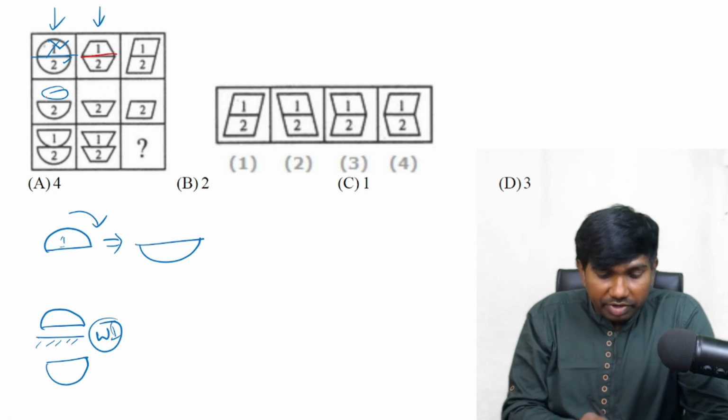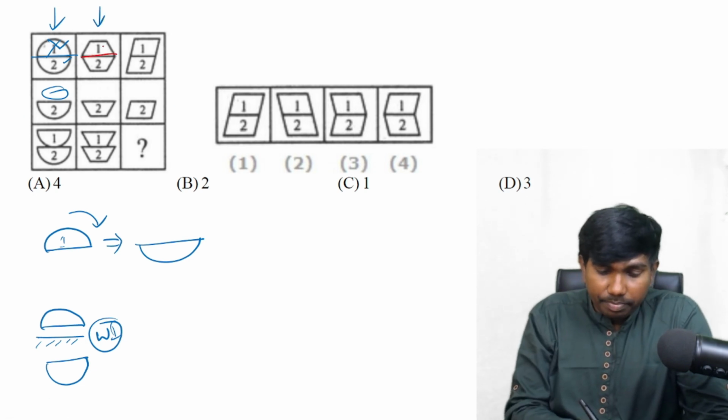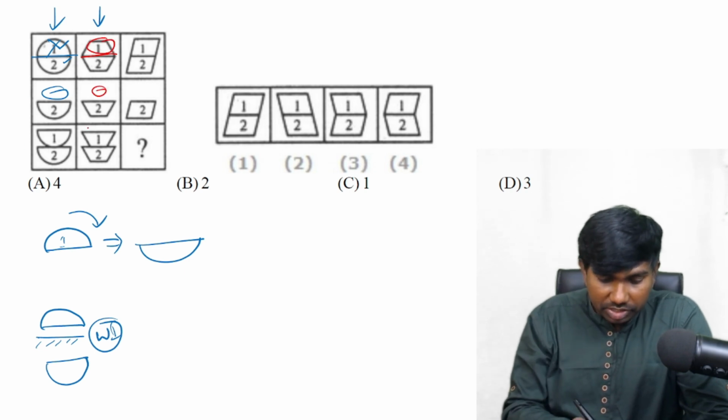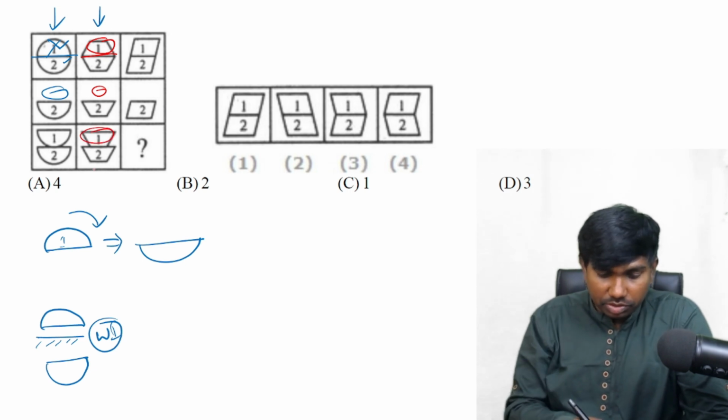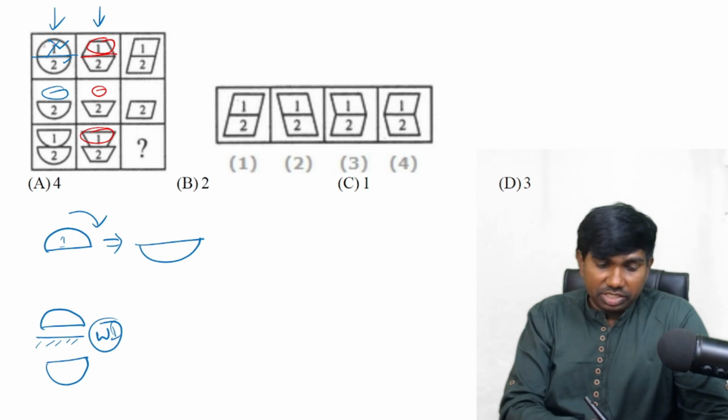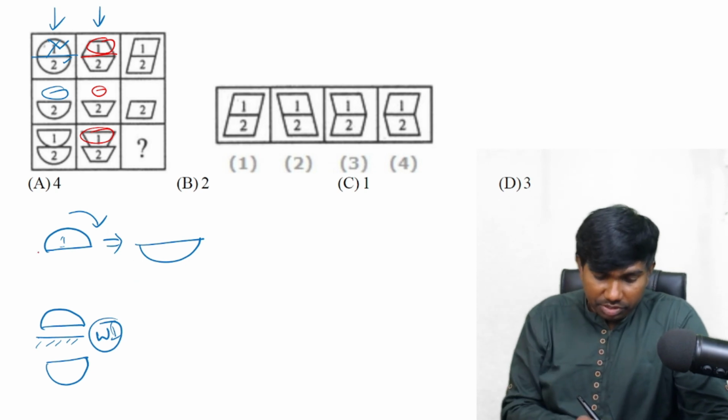Okay, so it is divided into two parts horizontally. Next, the top part got removed. Yes, correct. And it is rotated by 180 degrees clockwise, or if we take the water image also, you will get the same figure, this one only. Yes, so both the columns, first column and second column, are following this logic only. From first to second it is rotation by 180 degrees clockwise, and then